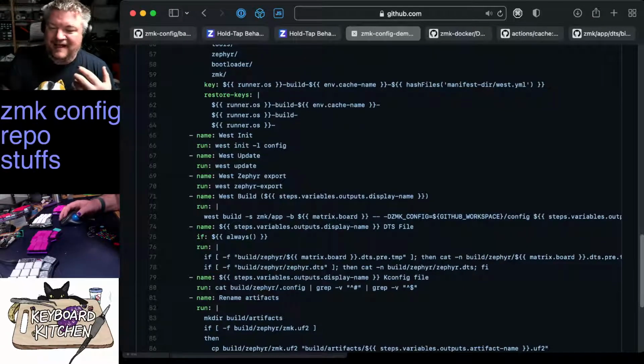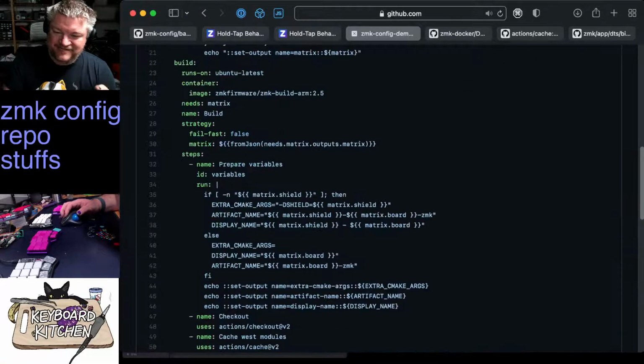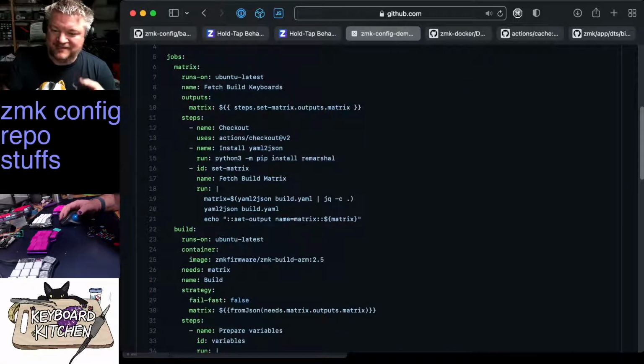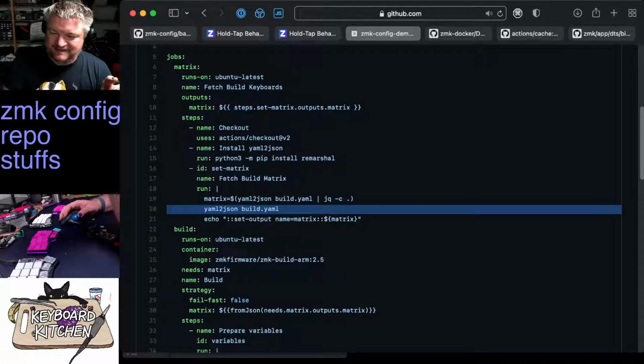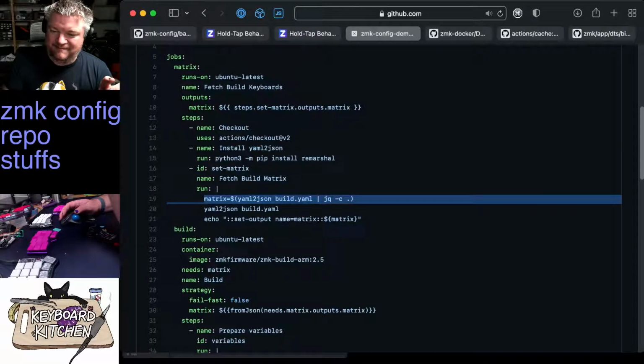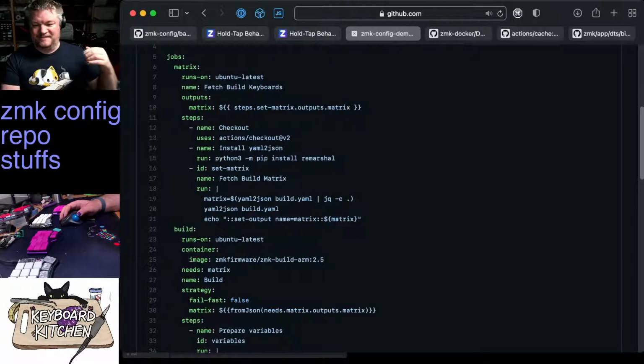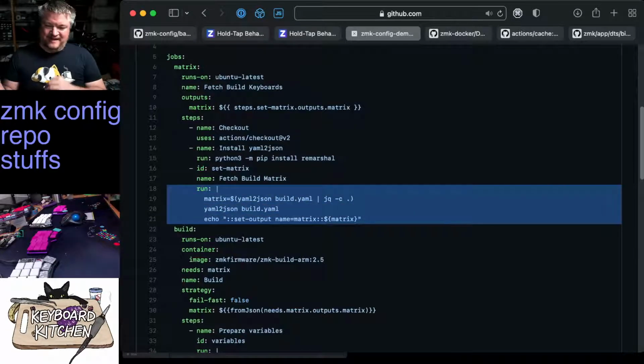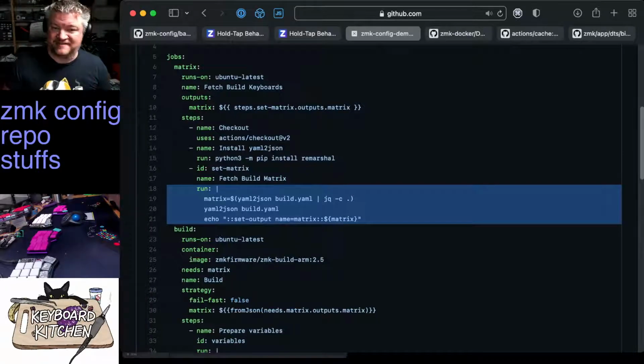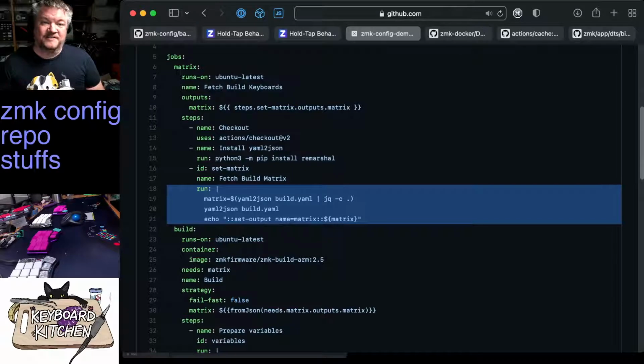So anyways, what this matrix here is going to do is look at the build.yaml file at the top level. So matrix equals blah, blah, and it does YAML to JSON. This command here is taking that build.yaml file and converting it into something that the GitHub Actions matrix build process understands. And a matrix build is, in this case, you're specifying the different boards and shields